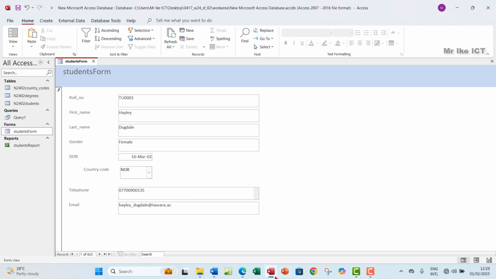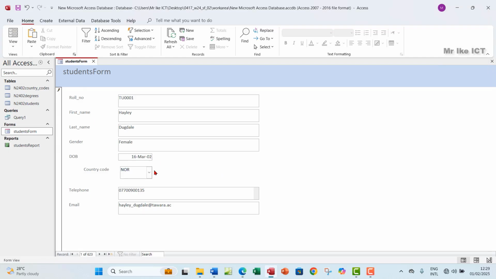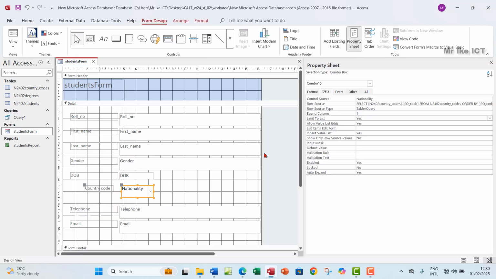So the next one will be the list displays unique values only. Okay, as I said before, we got these values from a primary key, so every value here is actually unique. But let's assume the values are not really unique. How do we ensure that we have unique values, that there's no repetition of values or something like that? So the way I will do this is